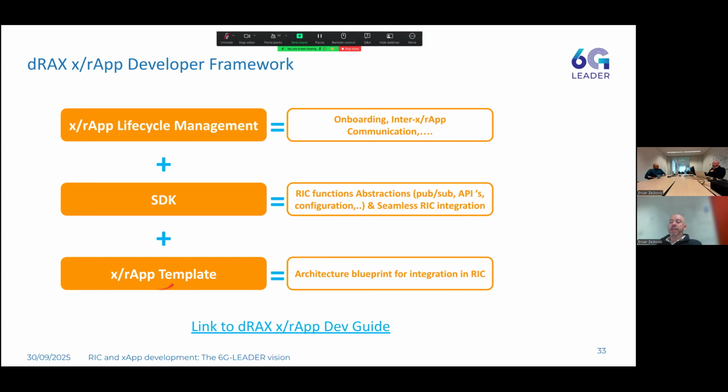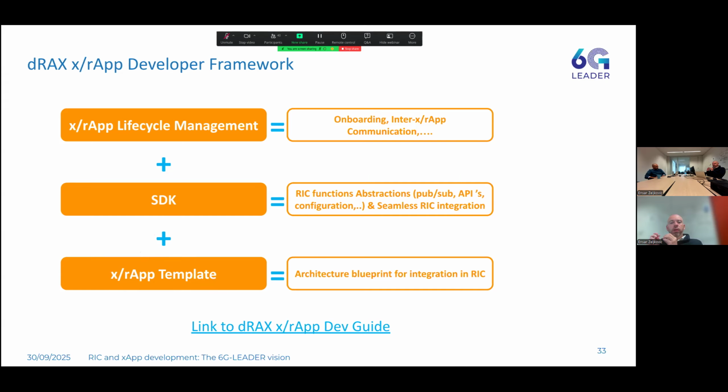And the final one is the xApp or rApp template. This is basically boilerplate code, or I would say hello world type of examples, where you have a lot of commented out code, and you can just uncomment that, adjust it to your own needs, and it runs, right?